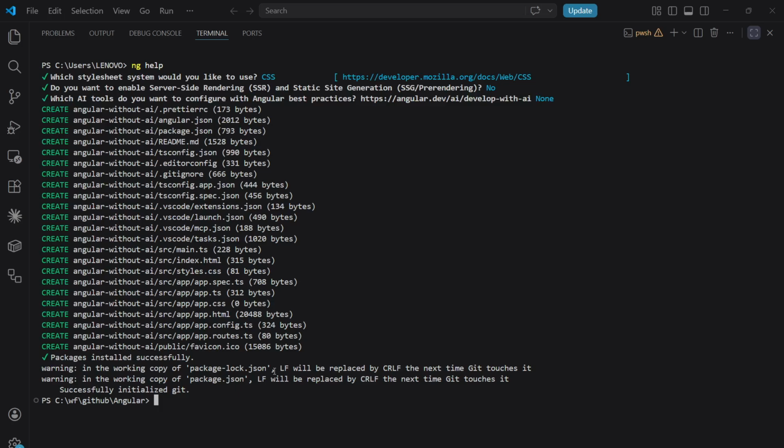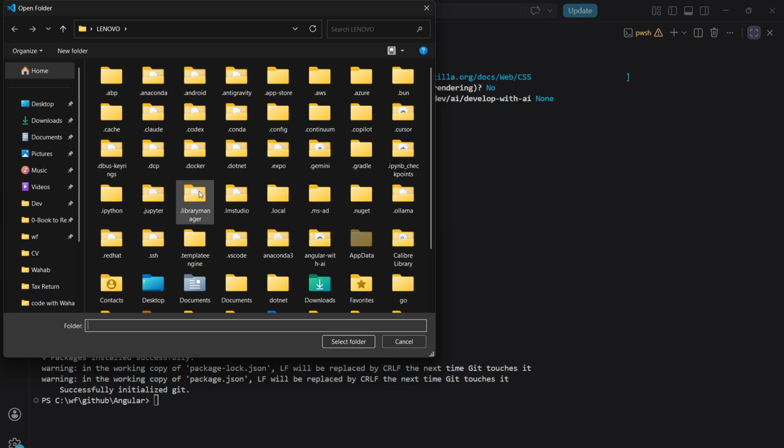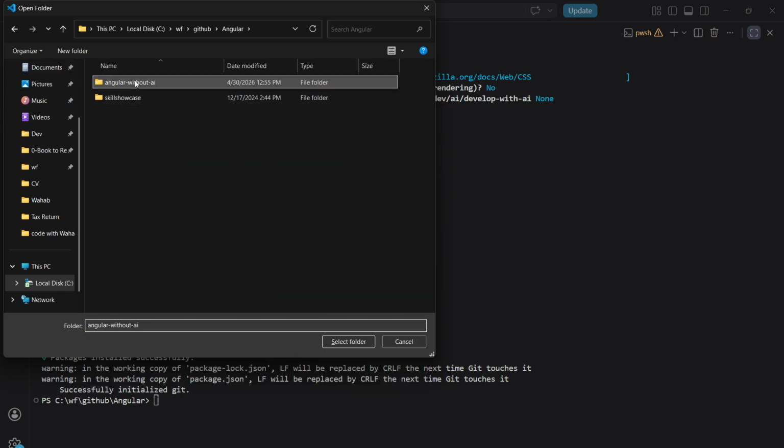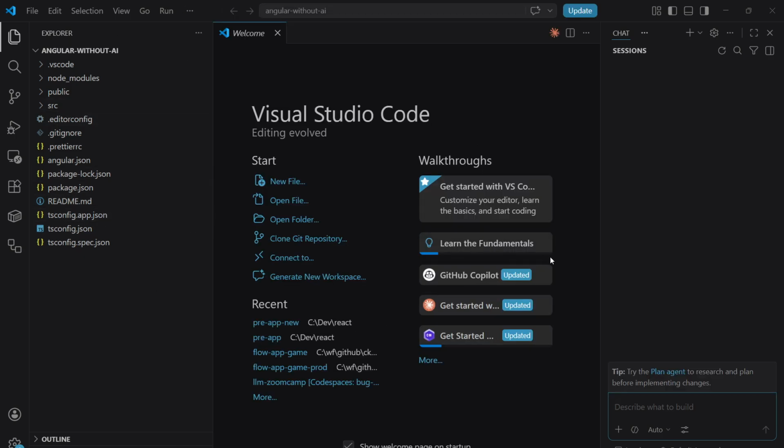So we have our project installed. So let's just open it up here. Let me just open the folder, and this, the without AI folder, is here. So you can see we have our code